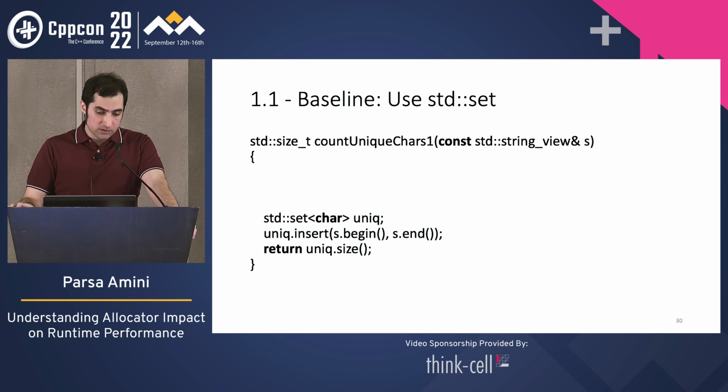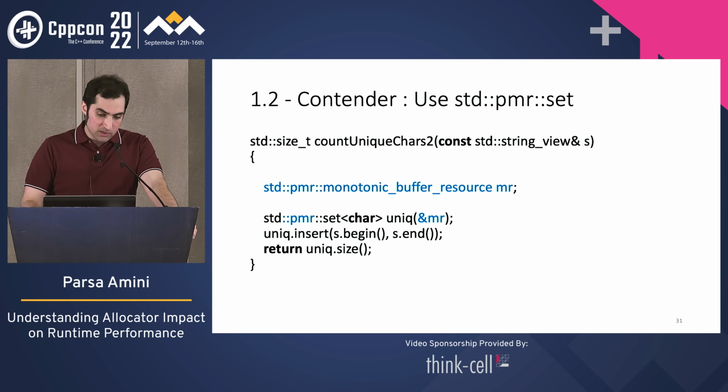It takes a std string view. It instantiates a std set of characters, inserts everything that's inside that string view, and returns the size. The std set is supposed to do the actual counting for us. Very easy. The next one, we just use a monotonic buffer resource, pass and use,